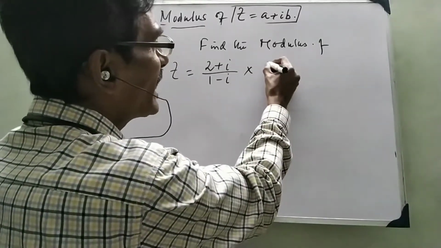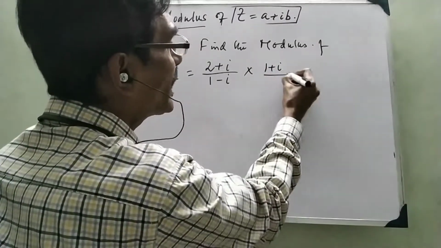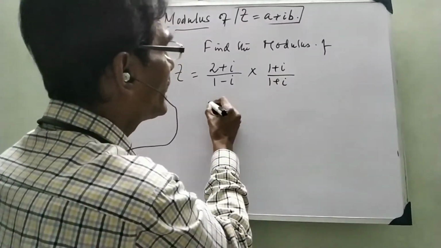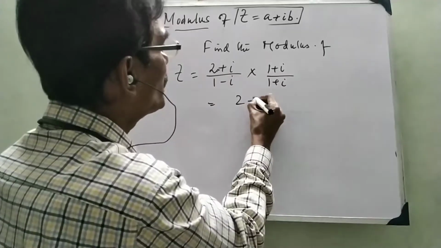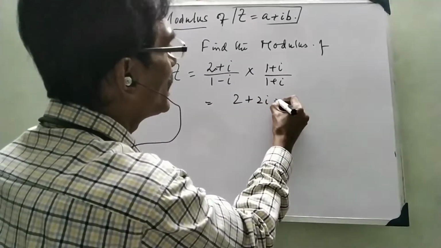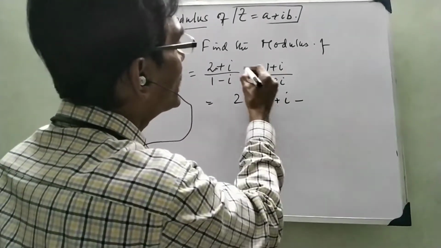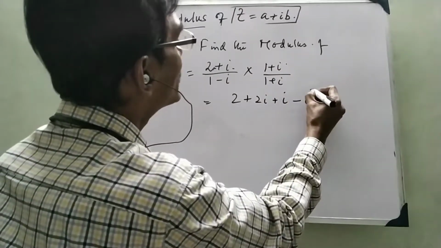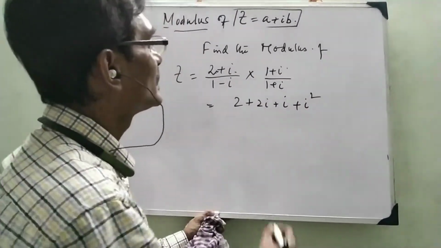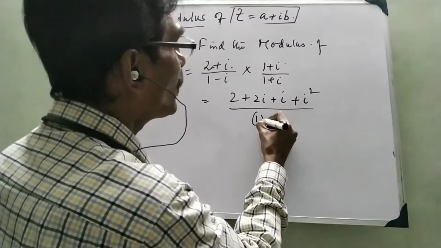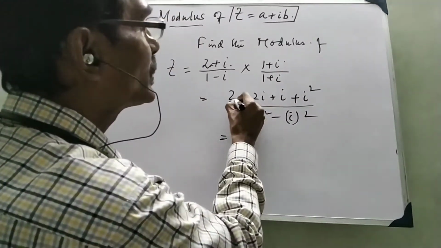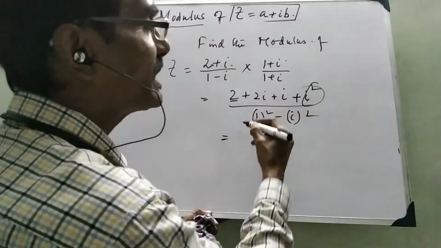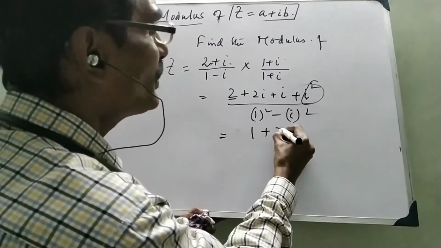So what is writing? Multiplying the conjugate in both numerator and denominator. In the numerator we are getting 2 into 1 is 2, plus 2 into i, plus i, and i into i is i square, and the denominator is a square minus b square. So finally we are getting 2 plus i square, you know the value is minus 1, that is 1 plus